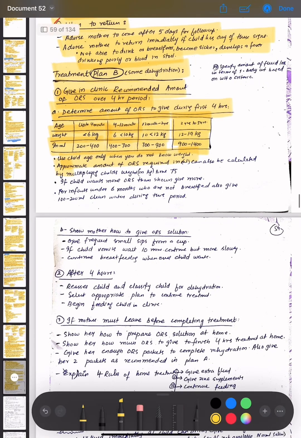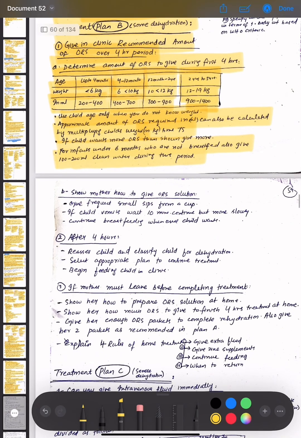The approximate amount of ORS required in ml can also be calculated by multiplying the weight in kg times 75. If you know the weight of the patient, then multiply it by 75, and the number that comes is the amount of fluid that you will give to the patient in case of some dehydration. Now for infants under 6 months who are not breastfed, also give 100 to 200 ml clean water during this period. The next step is show the mother how to give ORS solution, that is, give frequent small sips from a